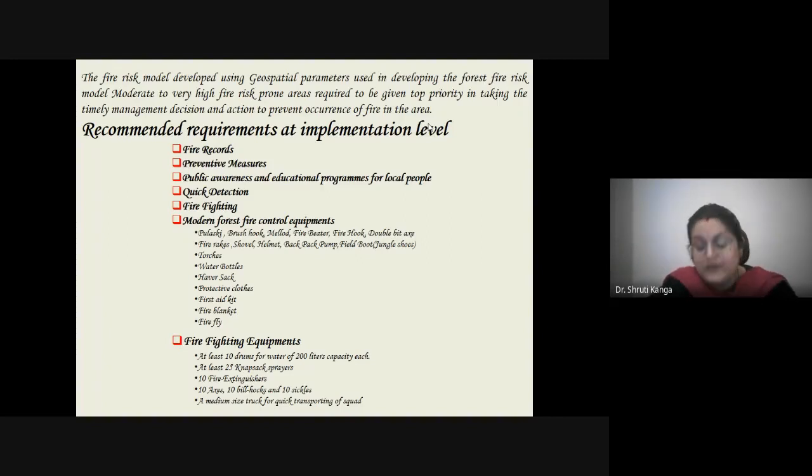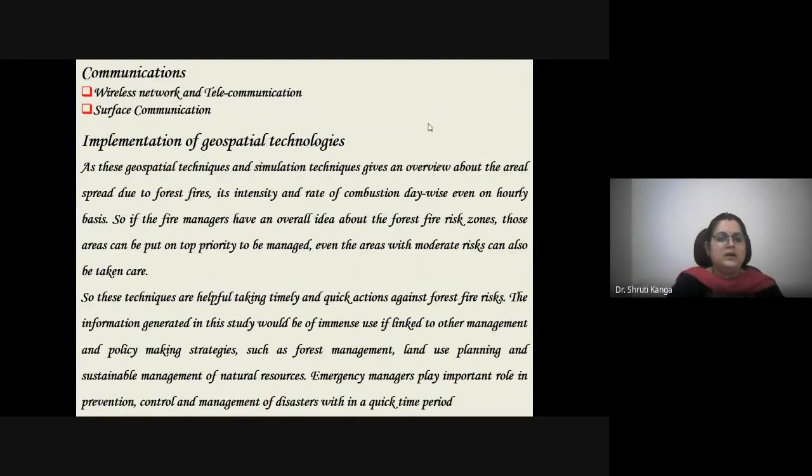Then the fire fighting equipments should be available, like at least 10 drums of water of 200 liters capacity in each compartment, at least 25 knapsack sprayers, then 10 fire extinguishers, 10 axes, 10 billhooks, and then 10 sickles. A medium sized truck for quick transporting of the squad. So these things should be readily available in all the